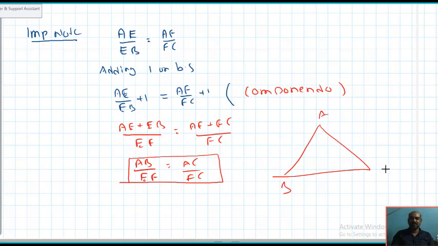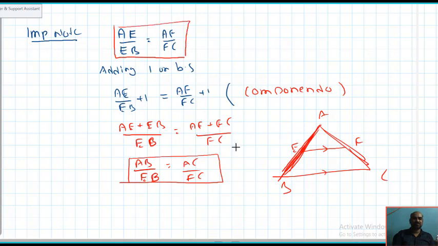First one, ABC is a triangle and E and F are here. These two are parallel. The first result is AE by EB equal to AF by FC. Now you got one more interesting result: AB by EB, okay, AB by EB equal to AC by FC. Observe, AB by EB equal to AC by FC. So this is an interesting result. This is important for us, and this is also important.